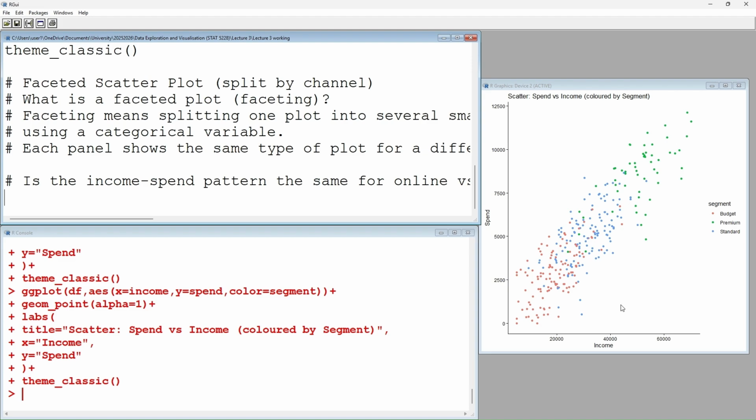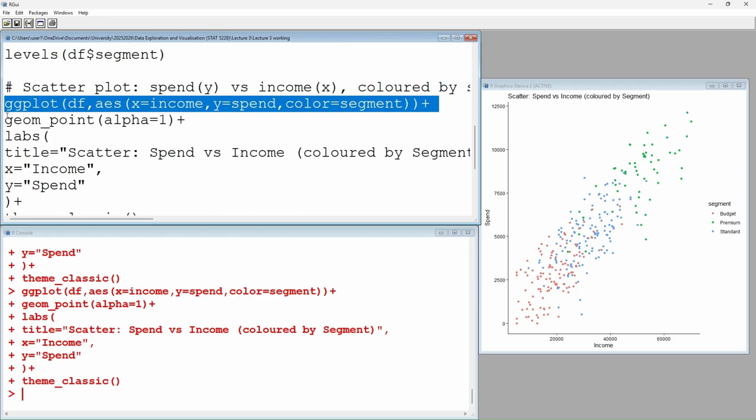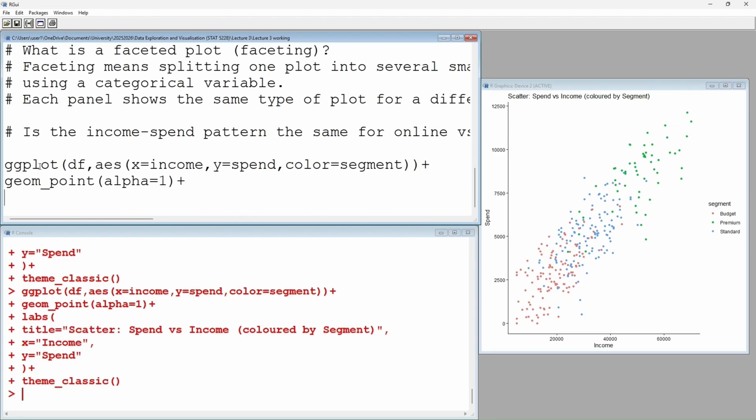Let me start with the ggplot as usual, and I'm going to keep the same thing that I did earlier. I will again bring that as it is here, the jump point, because it still consists of jump points, so we are not changing that. So we have our color by segment, because you can still color by segment within different groups. You can see additional information pertaining to segment within the two different groups of online versus store. You can see whether the segments show the same kind of relationship that it has overall here